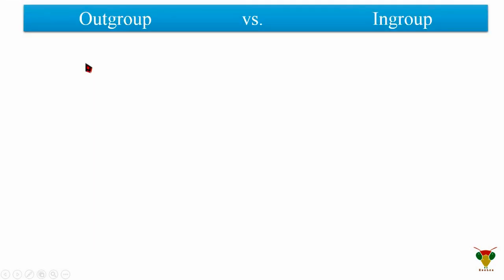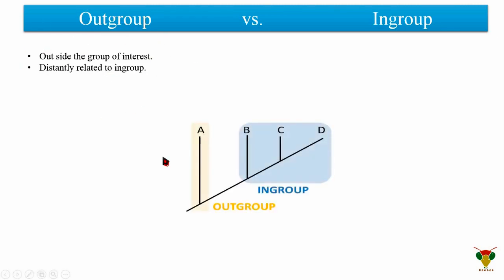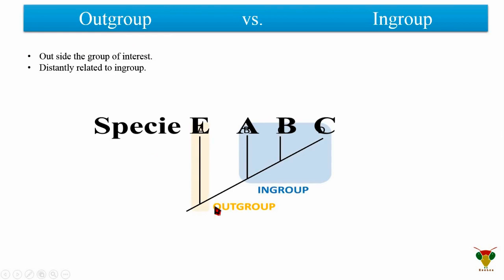First, outgroup. It is a reference group or a taxon outside the group of interest. Which animal are included here? Those which are distantly related to the in-group animals. You can see in the diagram below, the species E is an outgroup species, which is used to compare in-group species A, B, C, D. It will tell us how much in-group animals are related to each other and how much they are different from